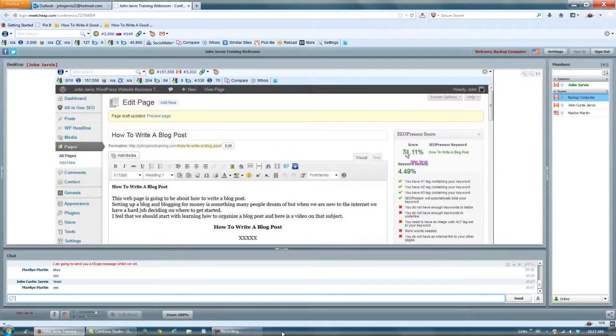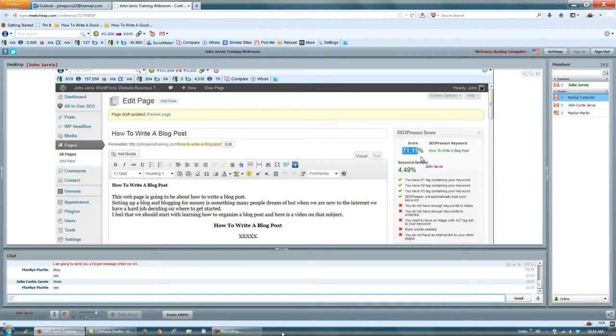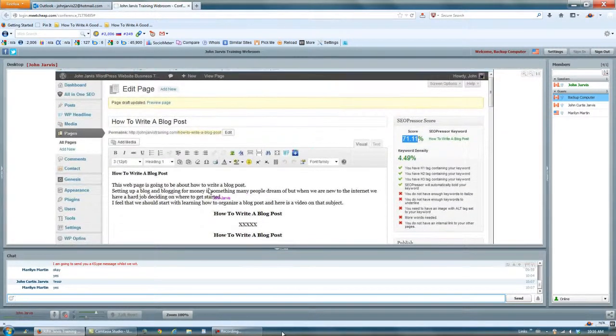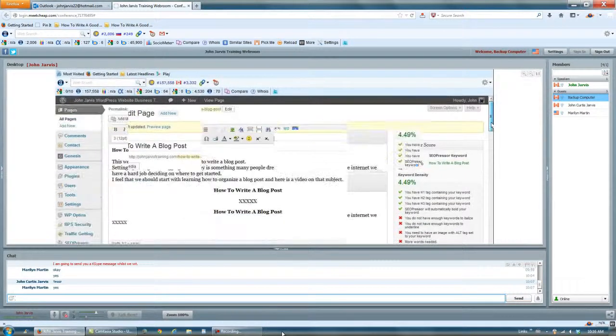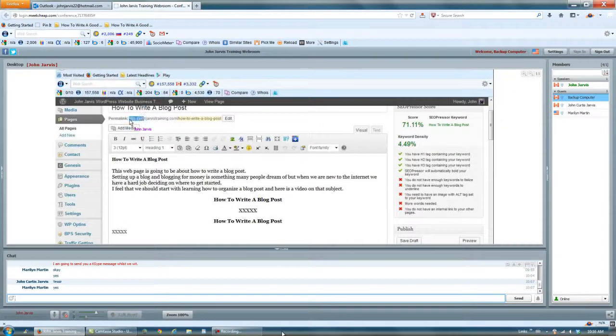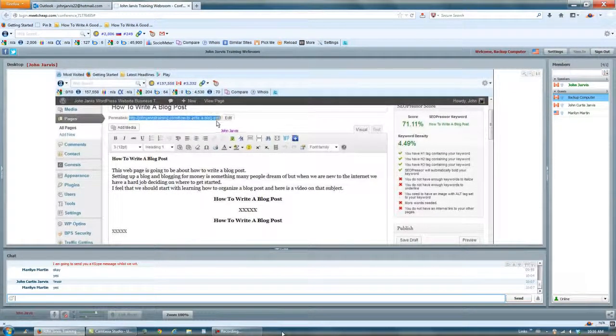See right now our SEO score is already up to 71%. We haven't even begun to write the post yet. Sad thing is that score is probably higher than 90% of the blogs out there just from those 88 words that we just wrote. So what we need to do now is pick up this permalink